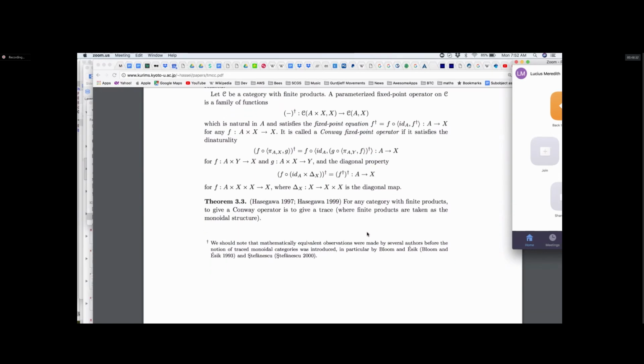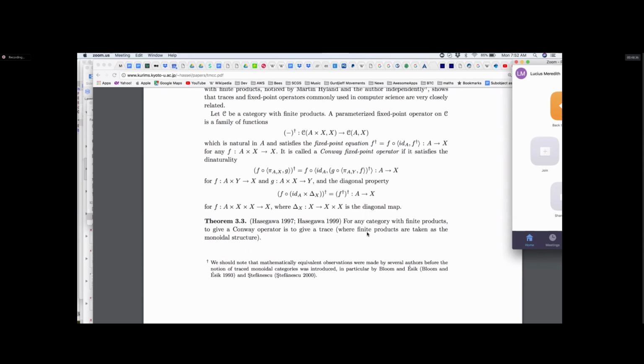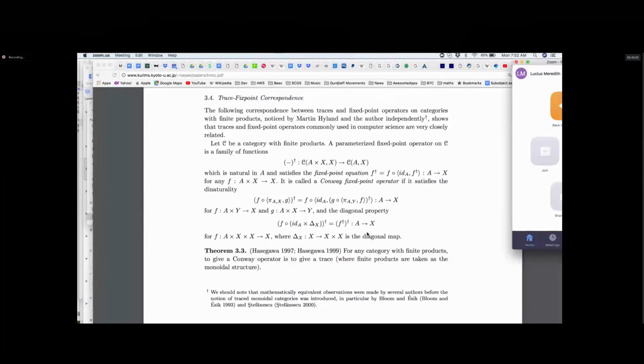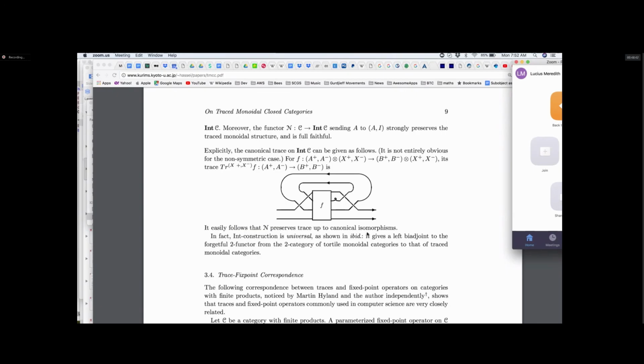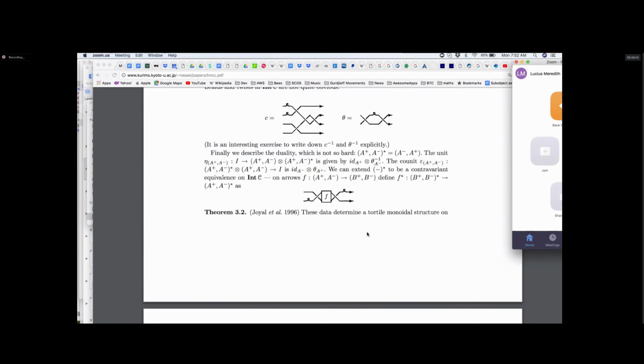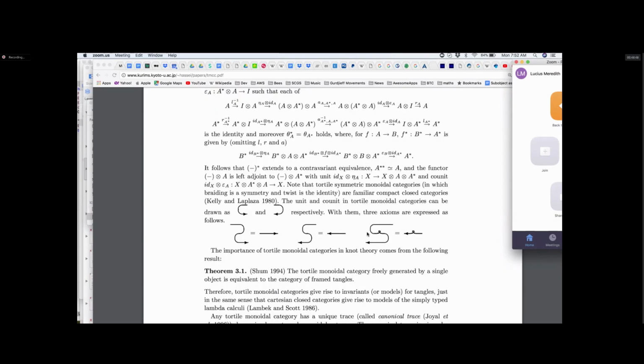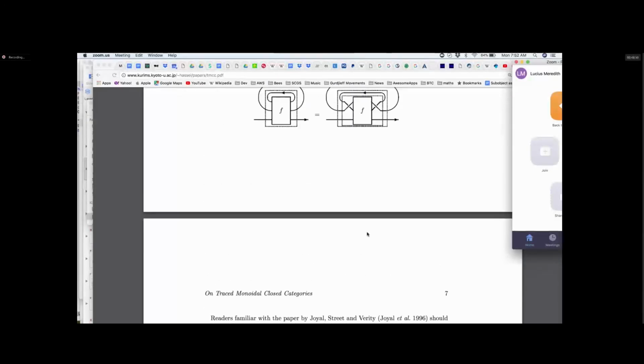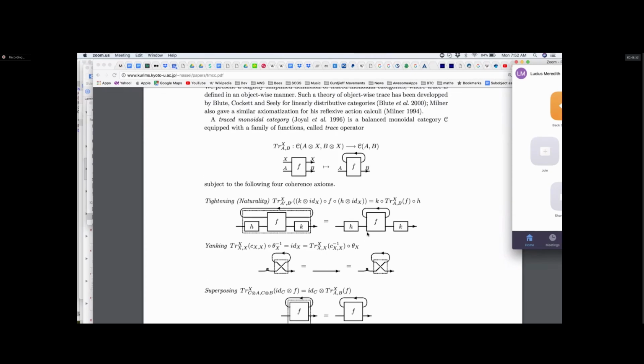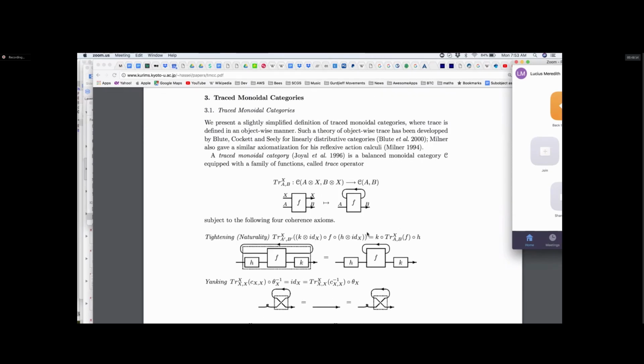And then it turns out that we have a theorem which says that you get this correspondence between these fixed point operators and the notion of a trace. Now, the notion of a trace, which was the part providing a little bit of confusion, is characterized here.